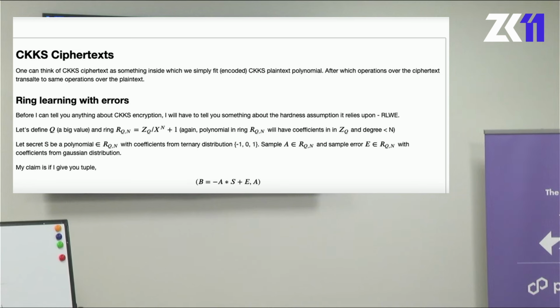Ternary means 3 values. So the coefficients of S are sampled from the ternary distribution, and then we sample something called E in the ring R_Q,N, and the coefficients of E are sampled from a Gaussian distribution, or the normal distribution, with some sigma. Now my claim is that if I give you negative A S plus E